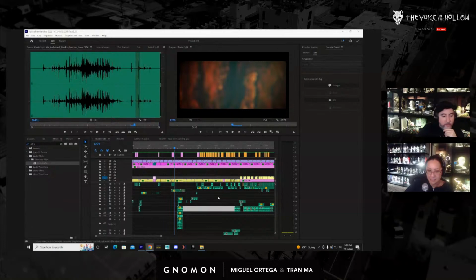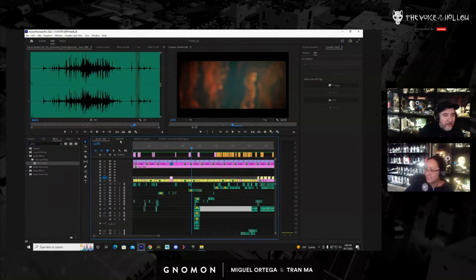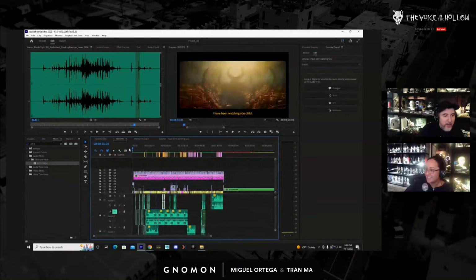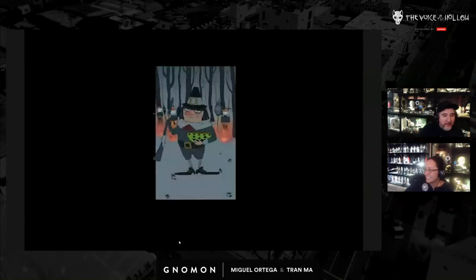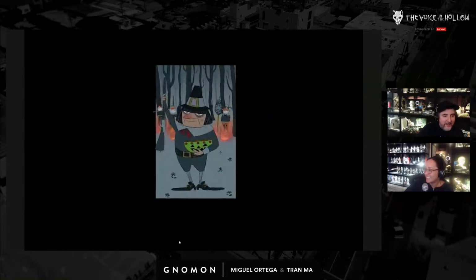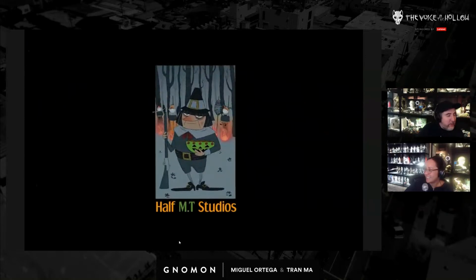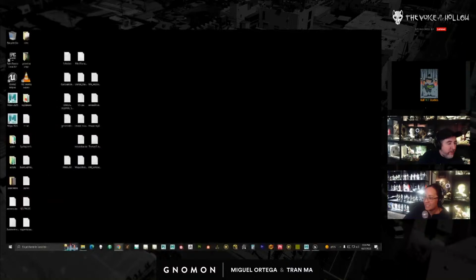Oh, I could show one thing that is silly, but I'm super happy about it. This is our official logo for our company. It's a pilgrim burning a bunch of kids at the stake. This is from the first film we ever did, and we just wanted to go back to it. And that's the first couple of notes from the first short.